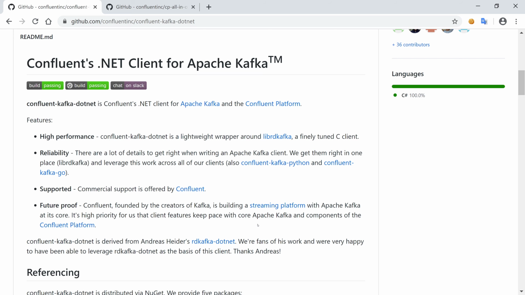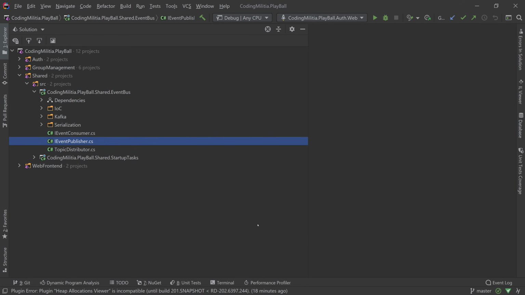So to the code, I created this library here in a shared package. Eventually this should be a NuGet package, but right now it's just a package somewhere in the file system that the other application will be able to reference. And over here I created a bunch of stuff, and we'll start by looking at the IEventPublisher, which, as you'll see,